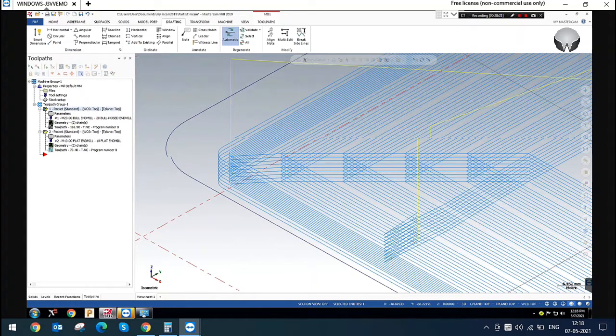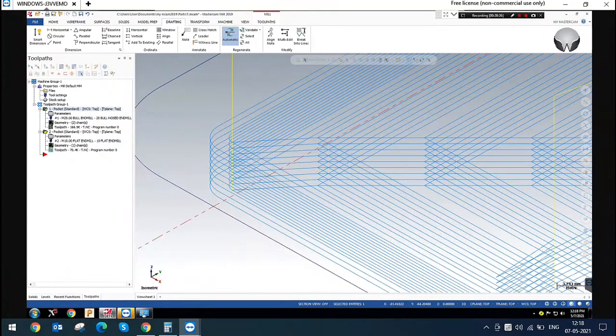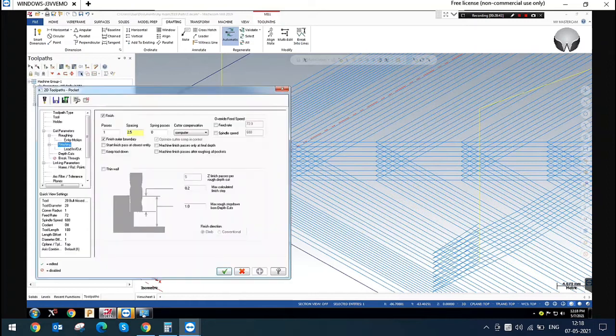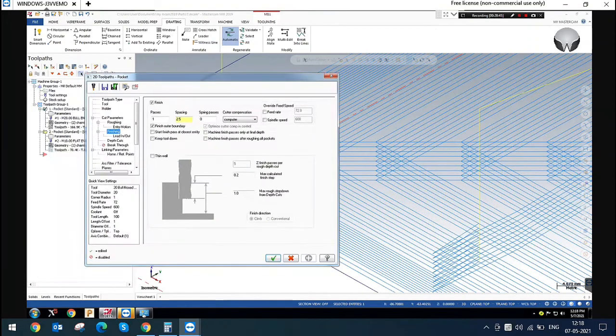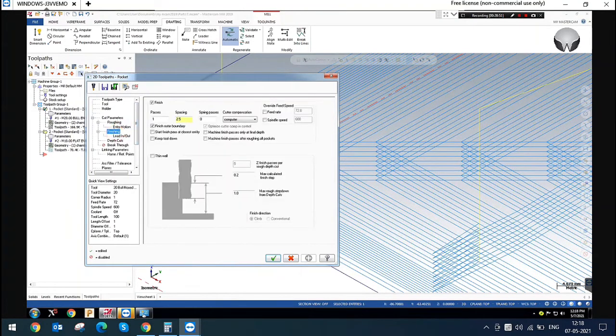Why are we running the thin wall by depth of cuts for finishing? Because if you plunge with full depth, the thin wall will bend. Next, the same lead in, lead out option you can use while finishing.